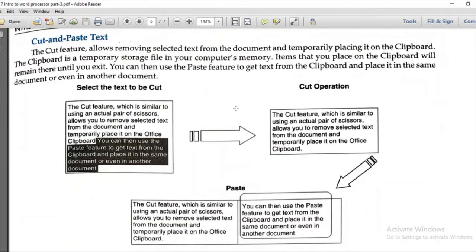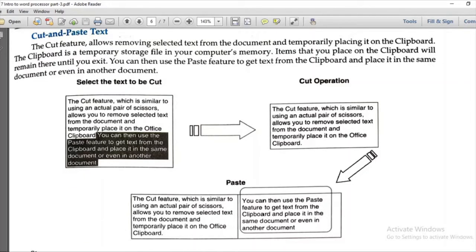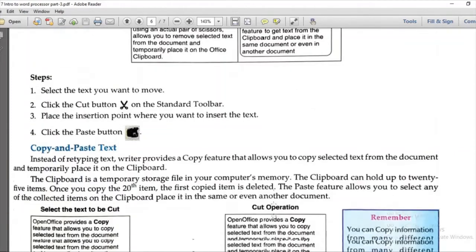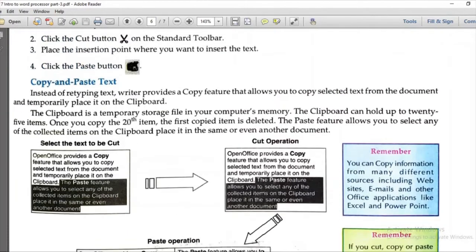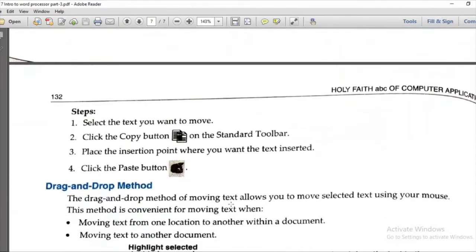So here is an example of cut and paste. For example, this is the text and I have selected it, the highlighted text is the selected text. I have cut the text. That means now it is removed from the previous text, and then you can paste it to another place. When you cut the text, it is removed from the original context, but when you copy the text, it will remain in the original copy as well. So you can see as I have copied it, it is still there in the previous text, and you can paste it. So this is how copy and cut are different.